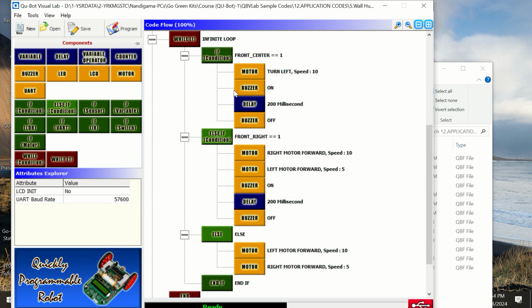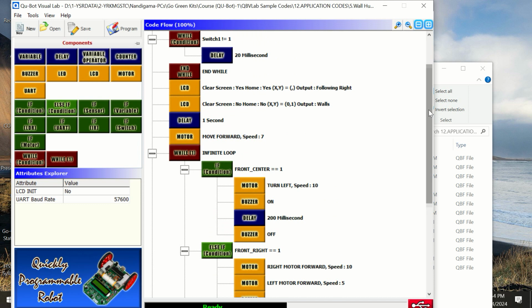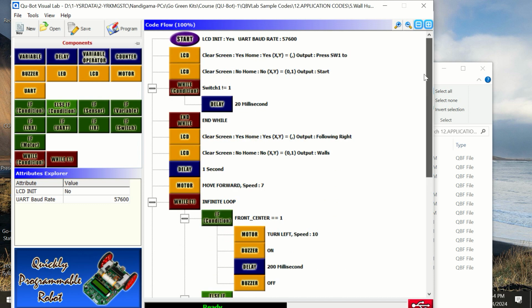So it will be repeatedly verifying these two conditions again and again, because while 1 is an infinite loop. All right, so this is what we want, a wall hugger program where it is hugging the wall. If I want to demonstrate how this actually works,